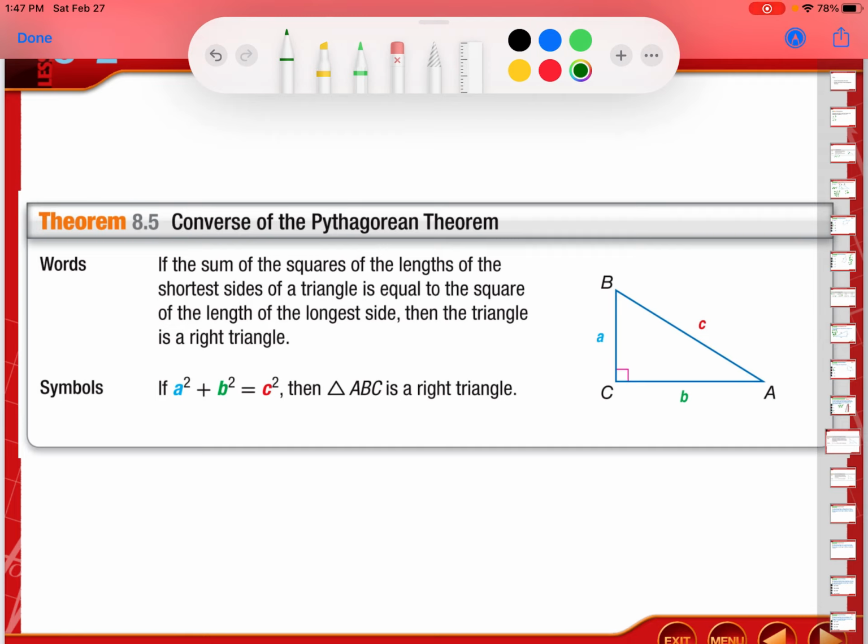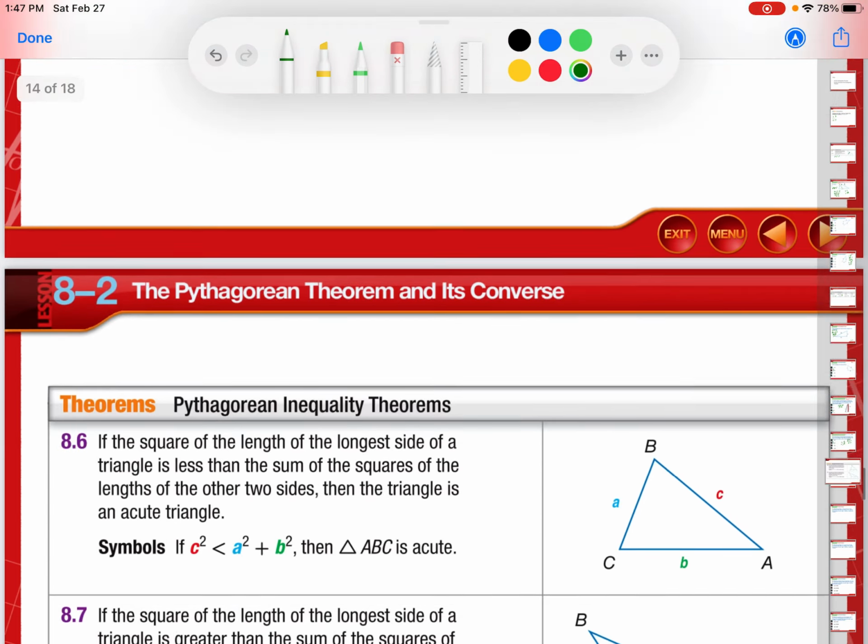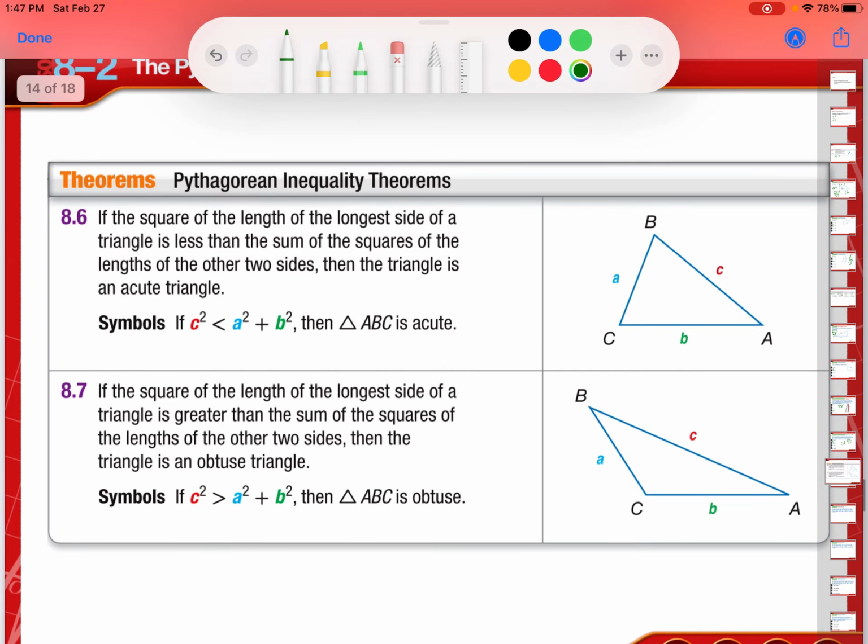So what the converse of the Pythagorean theorem says is that if a squared plus b squared equals c squared, then you're looking at a right triangle. Whoa, crazy, wild stuff. Now, this does parlay into a couple different things that are kind of more important to me, and that is these Pythagorean inequality theorems. While these are less commonly used, you will probably see them on a test, a quiz, maybe even a standardized test at some point. So what these say